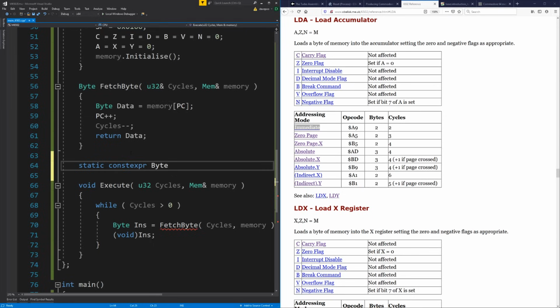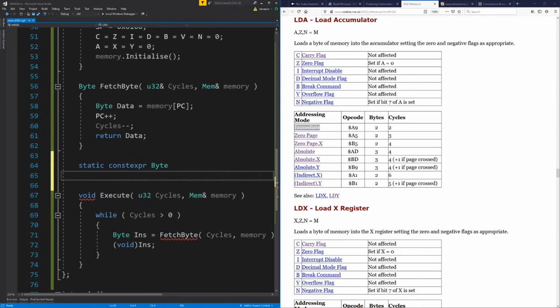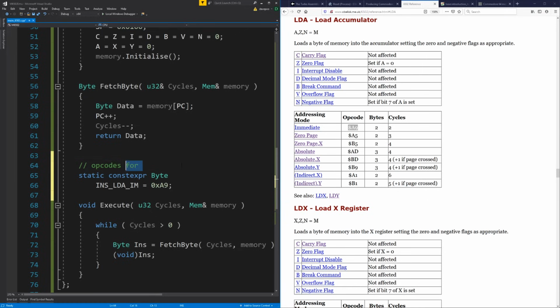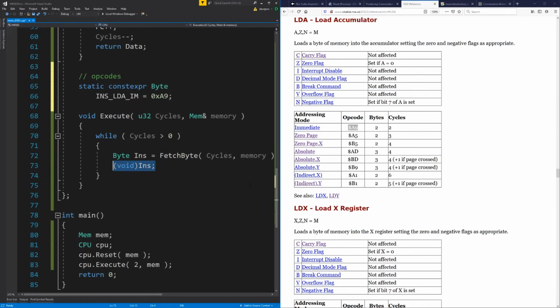So opcodes are all bytes on this CPU, and I'll just say it's an instruction, it's load accumulator, and it's immediate mode. And that has a specific opcode here, which is A9. There we go. So now we should be able to switch on that instruction that we pulled,